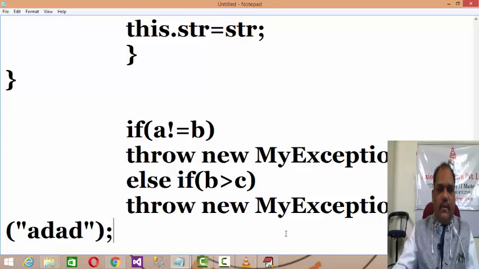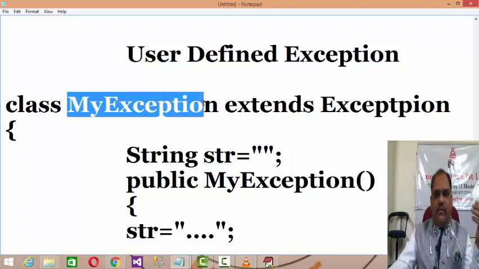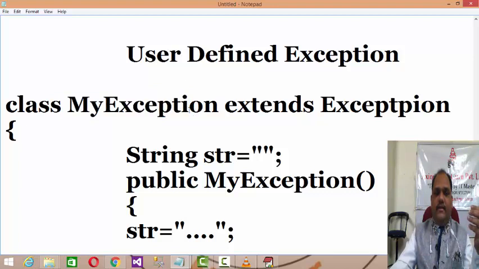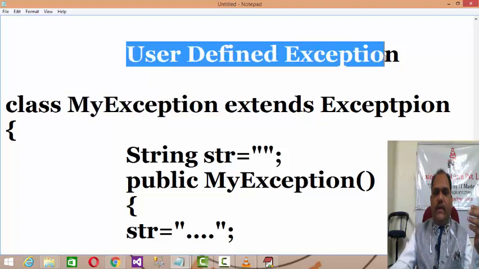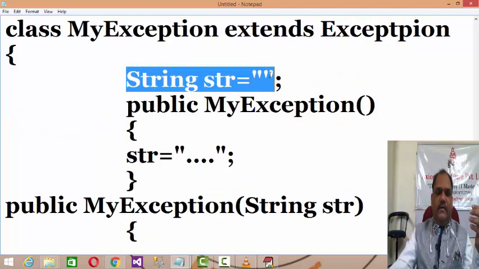Now just try to understand what I'm trying to explain: like predefined exceptions, developers can create their own exceptions, and such exceptions are called user defined exceptions. You create a class for the exception and extend it from Exception, and then you define, because what does an exception actually do? It warns you with some message.